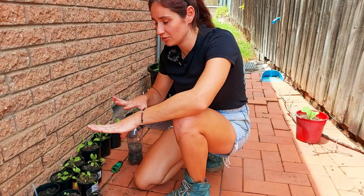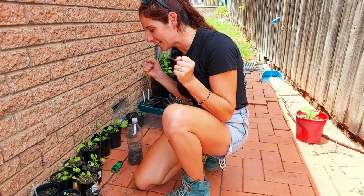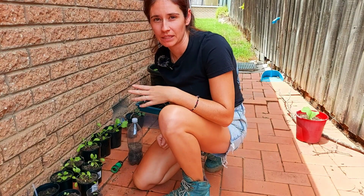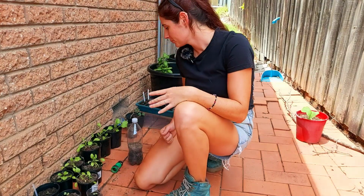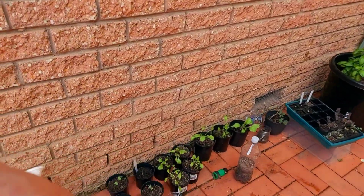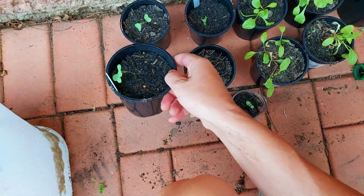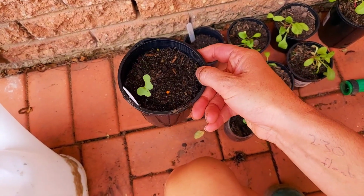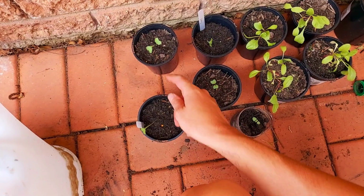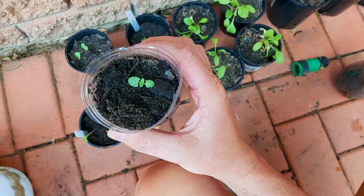It doesn't look like much right now here, but soon it will because I have things that have sprouted finally, and I'm going to show you. It's been about 2 weeks since I planted a lot of my little seeds, cauliflower and salvias, and I'll show you what they're doing right now. These little lovely things are my cauliflowers. So it's almost 2 weeks. I think we're like 2 days short of when I planted these cauliflowers. This is a salvia,